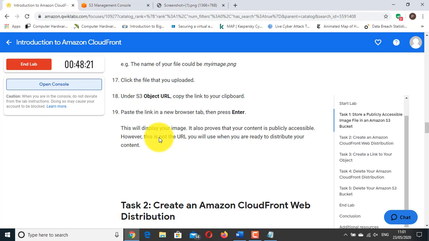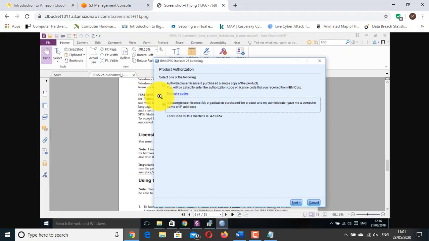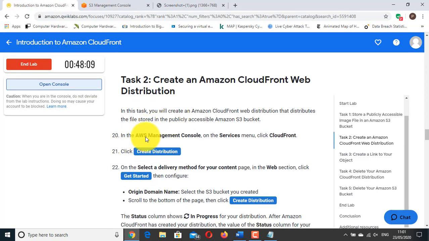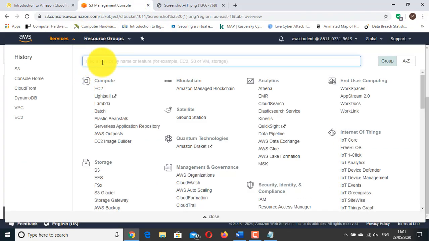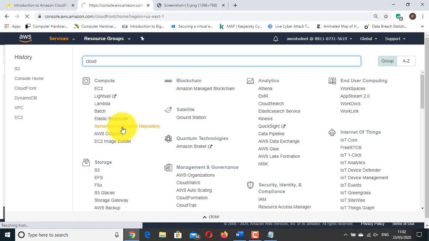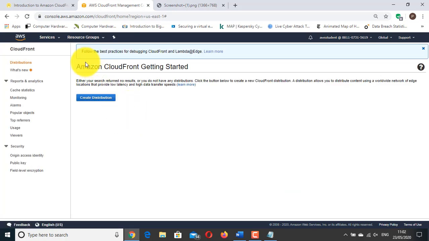Now we need to create an Amazon CloudFront web distribution which will use this file and distribute it using Amazon CloudFront services. So now in the AWS Management Console, we need to go to services and search for CloudFront. You can see this CloudFront. So here we can see Amazon CloudFront getting started. So create distribution,